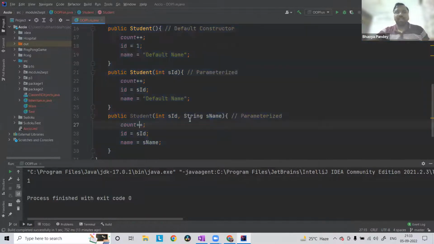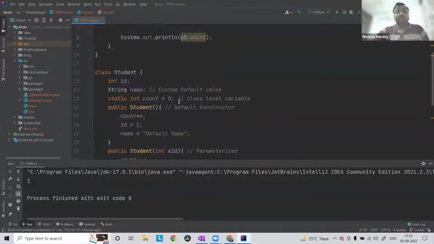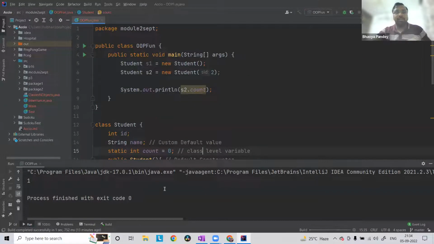Each constructor has a count plus plus inside it. The only change that I have done is static int count is equal to 0. Instead of saying int count, which would make it an object level property, I have used the word static here. That means it's only one variable at the class level and it's going to be shared by all your objects. So if I do the same thing now, what's going to happen is